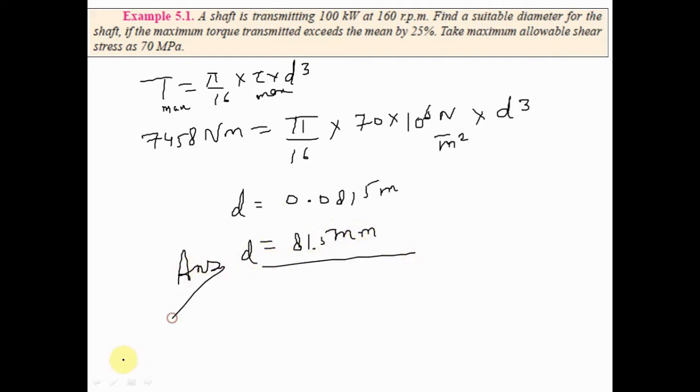Okay, so here if you see how we got the unit as meter: because Newton gets cancelled from both sides, this meter square goes here, so it becomes meter cube, and here it is d to the power 3, here it is meter cube. So if you take the cube root, it will become meters. So whatever value you get from this equation will be in meters. Okay, so in units you have to be very careful. If you have converted it into SI, then keep both the sides SI only. So you will get this answer finally. Let's move on to the next question.